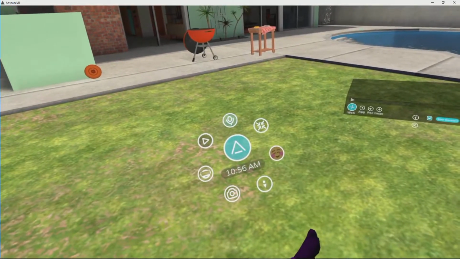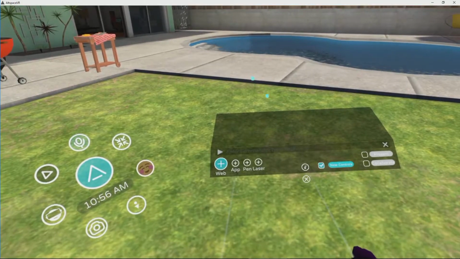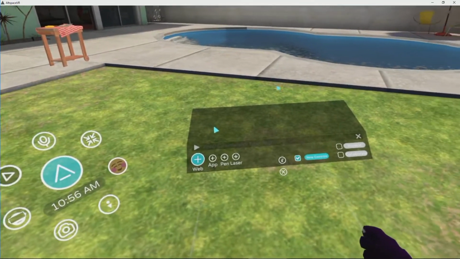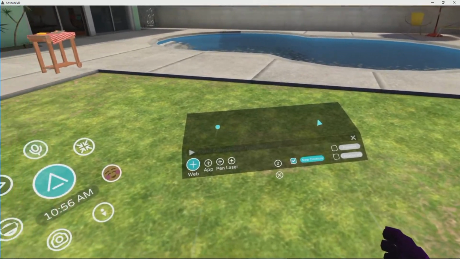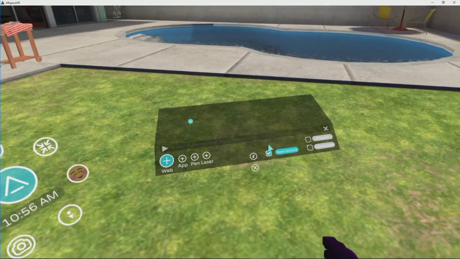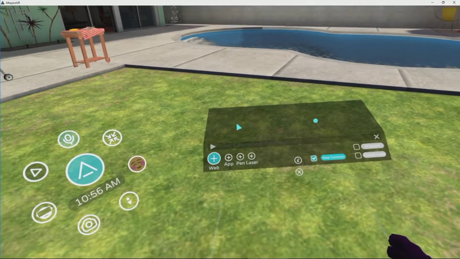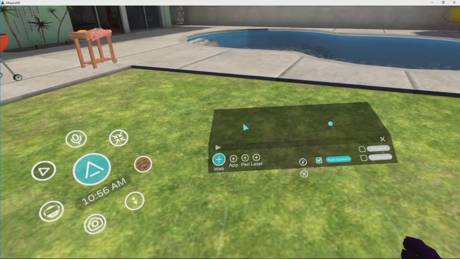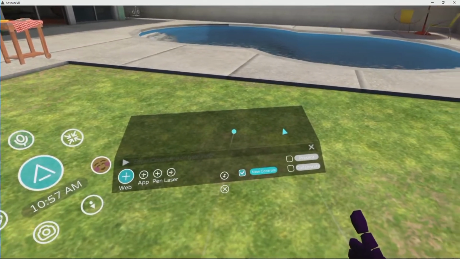A few things to notice about these cursors. They have nice little icons at the business end. So you can see here, this desktop surface here is actually a Unity UI surface. So I'm using what I call the virtual mouse tool to interact with this surface. Now this is a tool-based input system, which means that